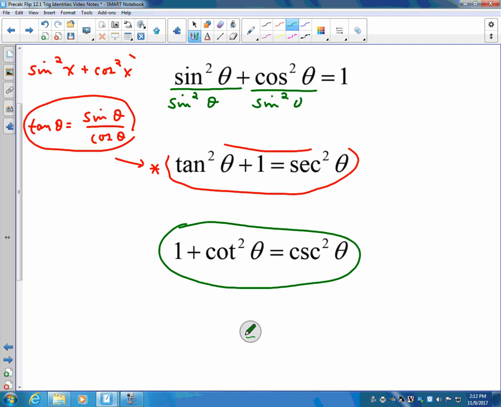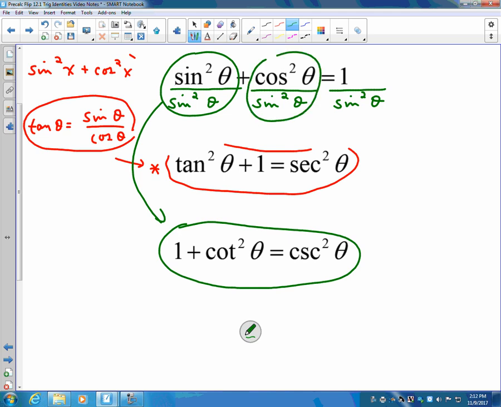Whatever you do to one side of the equation, as long as you do it to the other side of the equation, we're in business, right? So sine squared divided by sine squared is obviously 1. Cosine squared divided by sine squared, did you know, is cotan squared? Hopefully you knew that the cotan of any angle equals 1 over the tangent of any